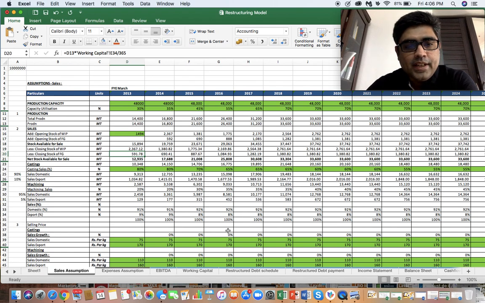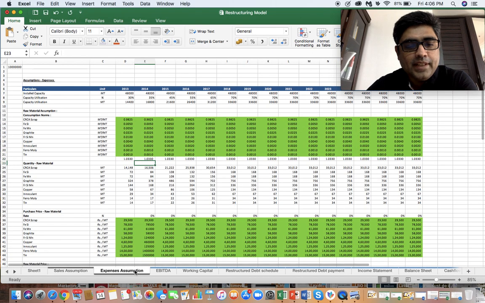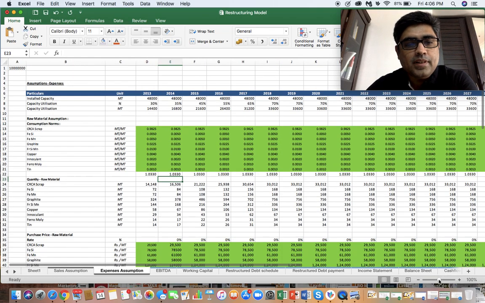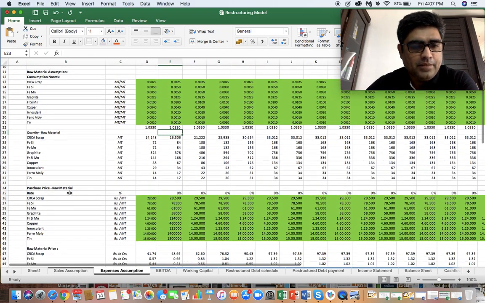So that's the objective. So let's move into the next sheet, which is called the expense assumption sheet. So as I mentioned, it's not that you have to have separate sheets. You can have all the assumptions in one sheet, but if you're putting every assumption in one sheet, the challenge is it's very difficult to move throughout the calculation, and that's why people prefer to break it up into separate sheets and work on, right? So this speaks about the different set of raw metal that is required, right? And at what purchase price